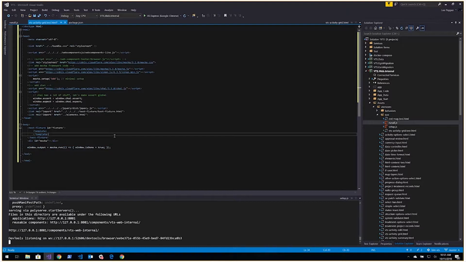Okay. From here then, what do you think we should do? Anybody have any guesses on what we should do inside the fixture? What element are we testing? Activity grid. So what should we put in there, Alicia, since you spoke up? Probably a tag to call the activity grid. Exactly. So VTS activity grid, and I'm just going to give it a project ID of 1,